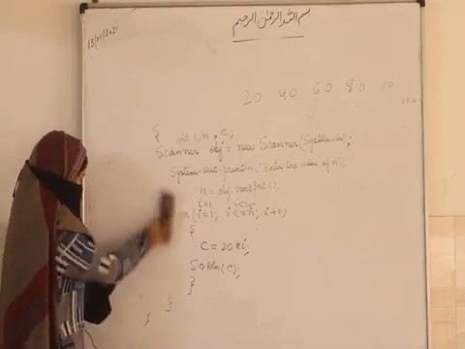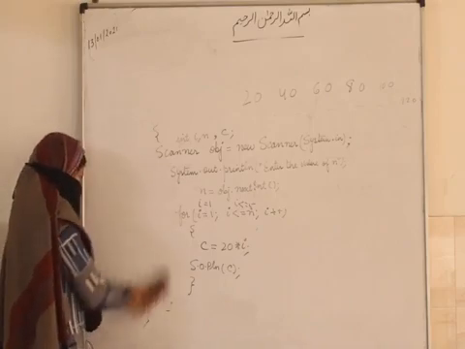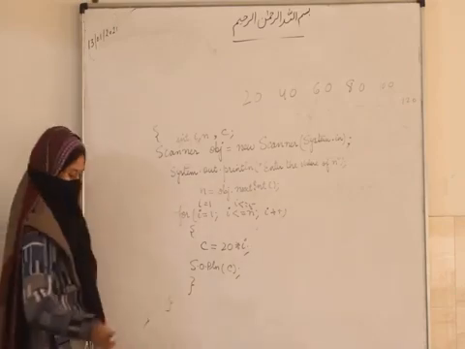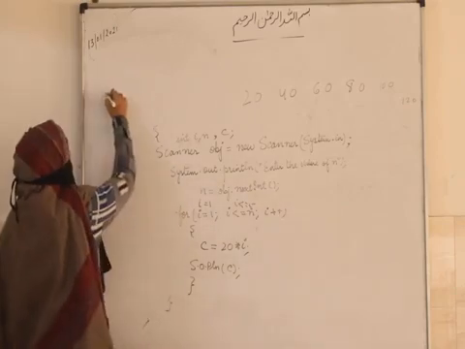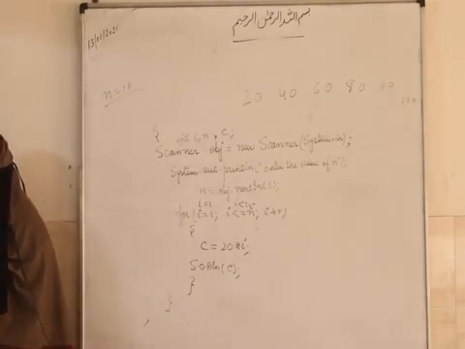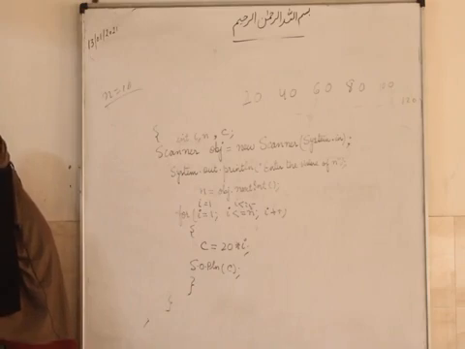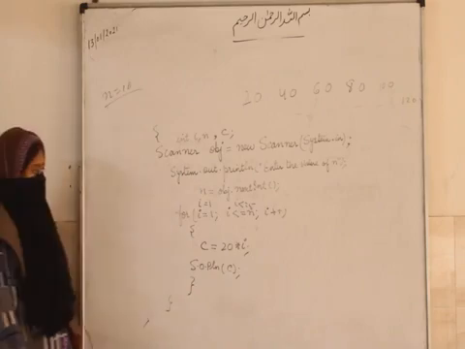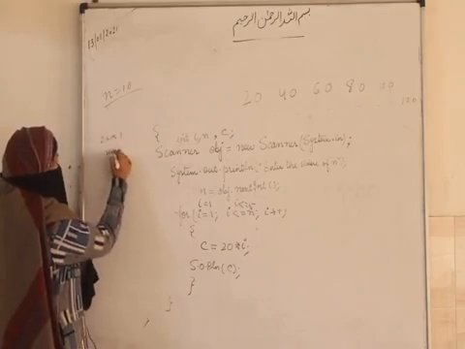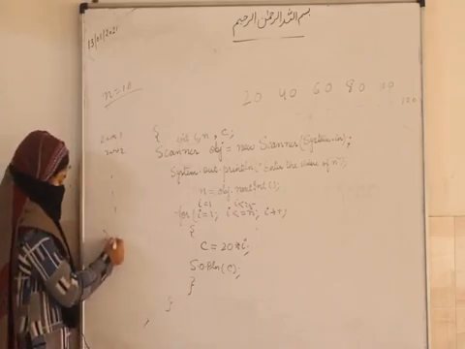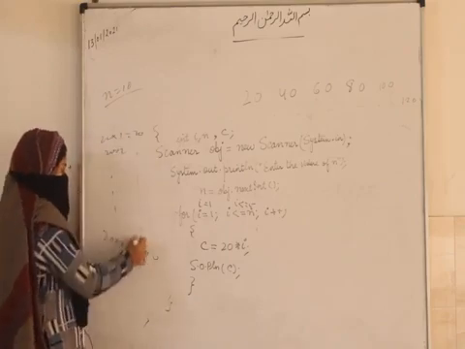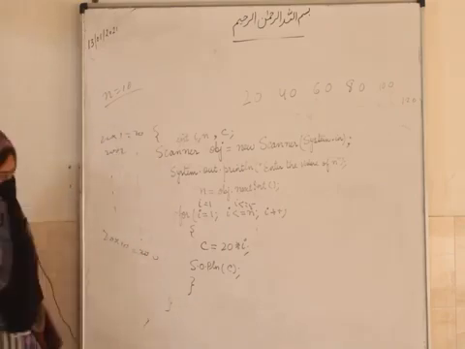Suppose the value of n given by the user is 10, then what will be shown? It will show till 200. Why? It will go 20 into 1, 20 into 2, and so on till 20 into 10, till 200. It will start from 20 and it will go till 200. Okay.